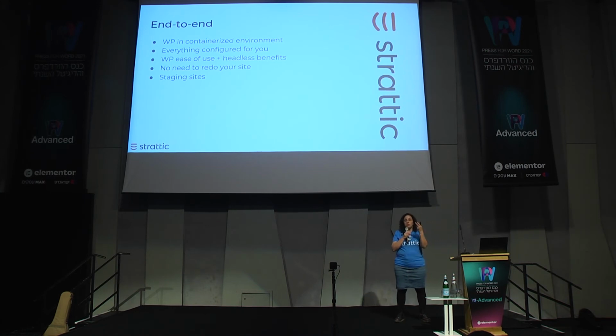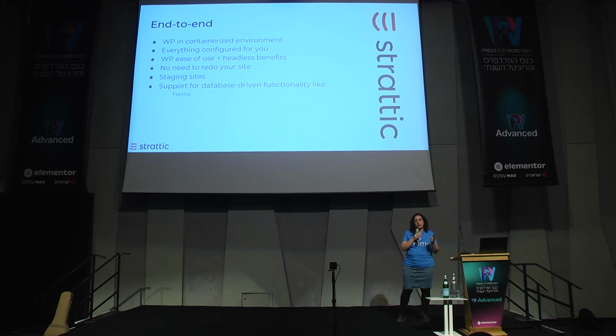You can have a WordPress staging site on Static, but you also get a static staging site on Static. So if you make changes to your WordPress site and you want to see how it works when deployed to static, you don't have to push it to your production site and then be like, oh shoot, everything broke. You can first go to our staging static, test it, and then push to your production static site.